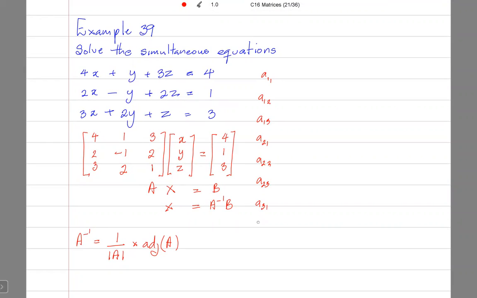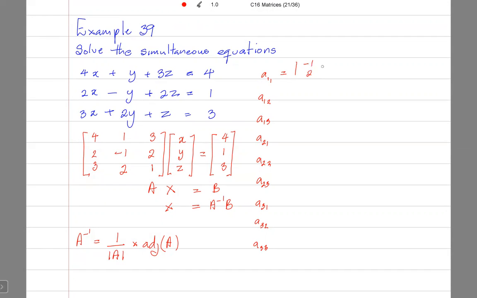I'm going to find the cofactor of all these elements. The cofactor of the element in the first row, first column, the 4, would be equal to the determinant of